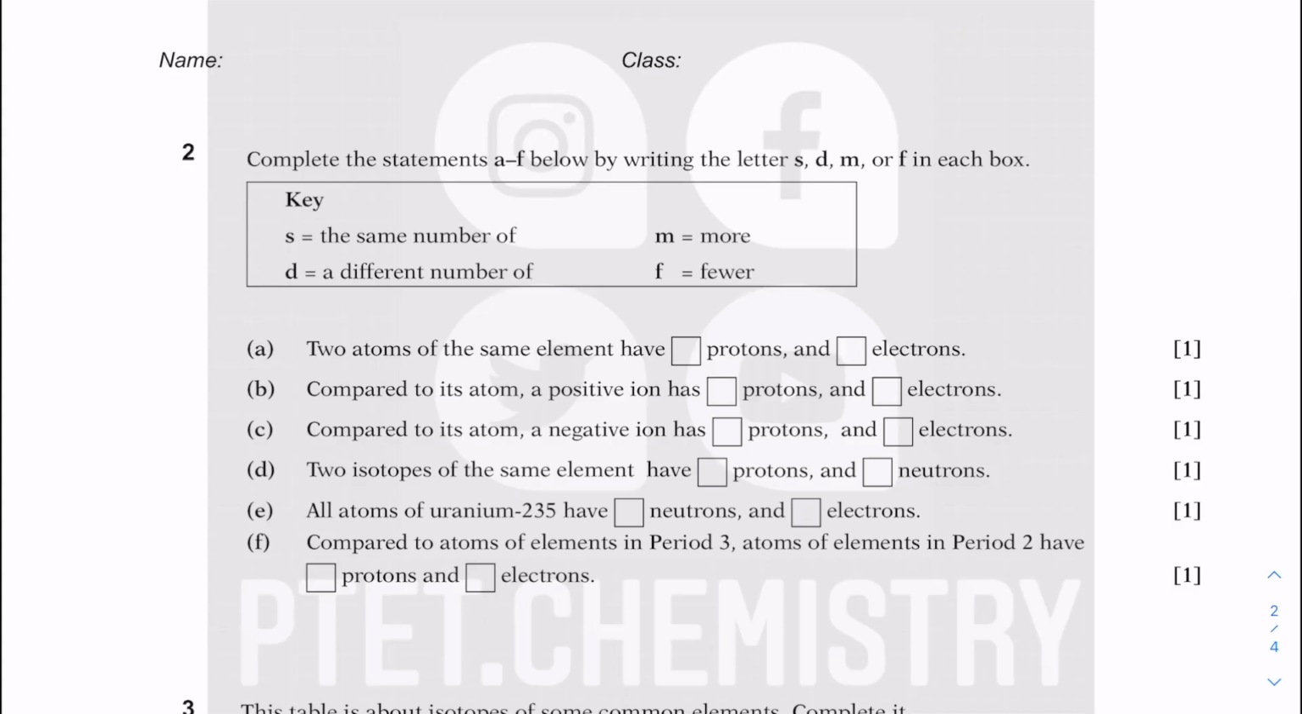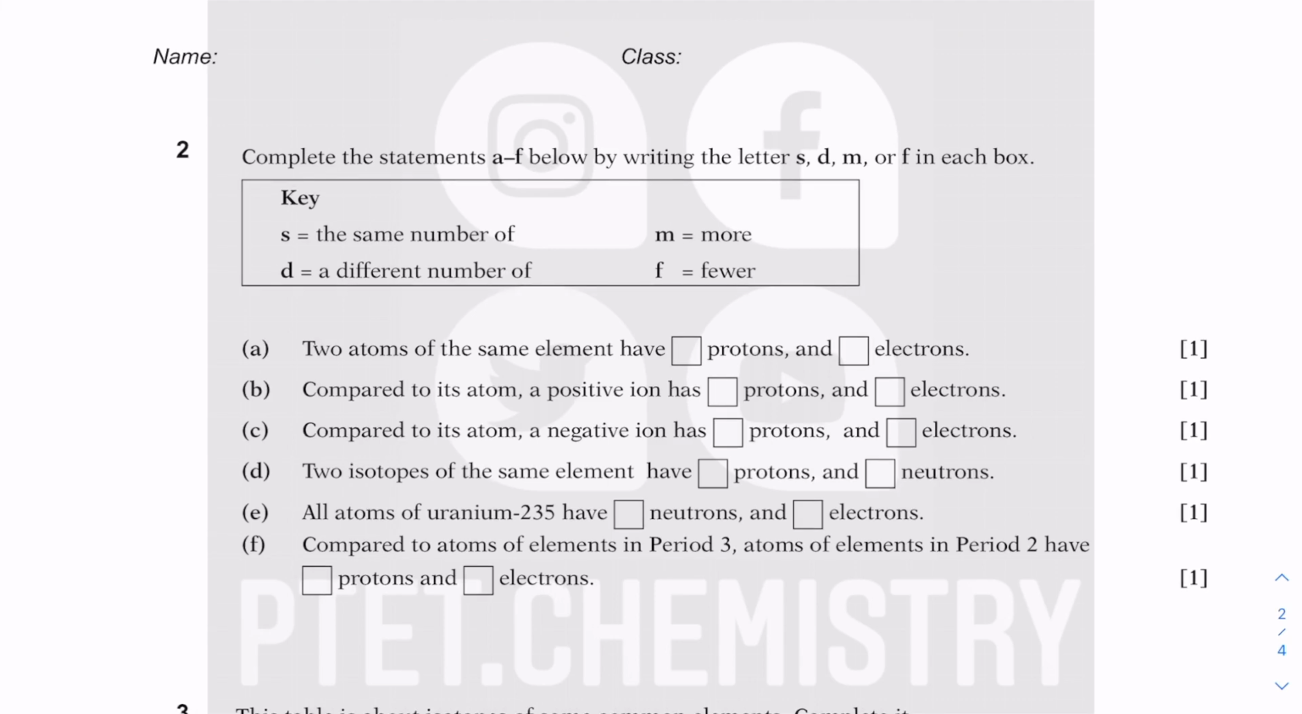Question 2, a lot of wording. So we have S being the same number of, and D being a different number, more represented by M, and F is fewer. Fewer actually means lesser, just in case you don't know what they mean. Okay, so 2 atoms of the same element. So if they have the same element, 2 atoms of the same element have the same number of protons, and it must be the same number of electrons because